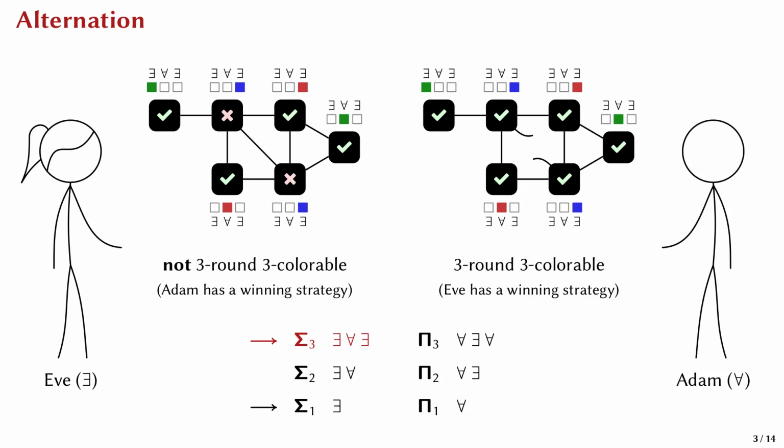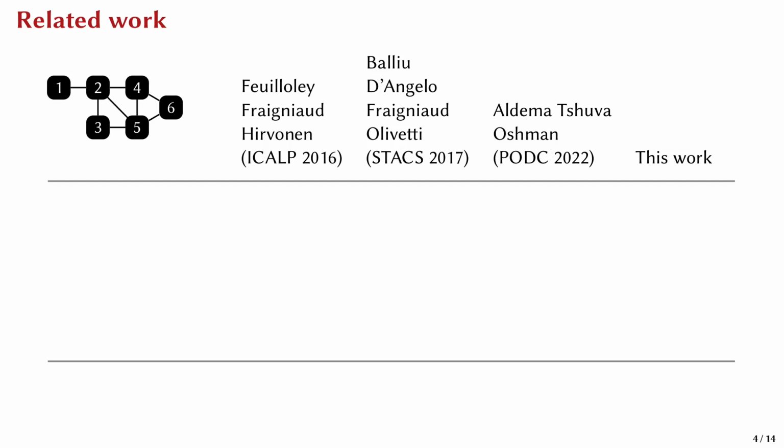But as is often the case, the devil is in the details I haven't mentioned so far. In fact, one has to be very careful not to give too much power to Eve and Adam, because otherwise everything becomes trivial. For instance, if Eve were allowed to give each node a map of the entire graph, including all identifiers, then the nodes could easily verify all graph properties locally. So, to keep things interesting, we must impose some restrictions. Now, of course, there are many possible ways of doing that, and actually there have been at least 3 papers that all impose slightly different restrictions on Eve and Adam.